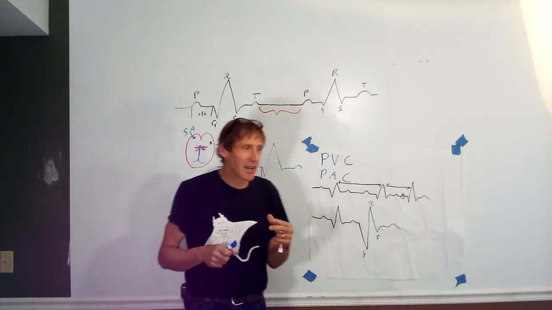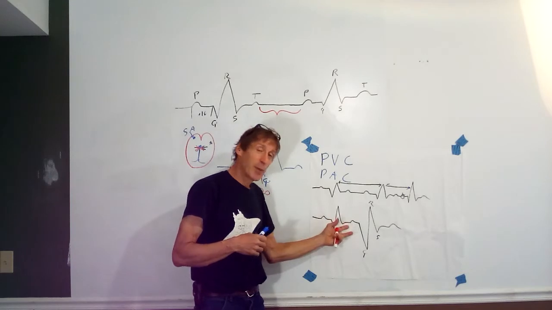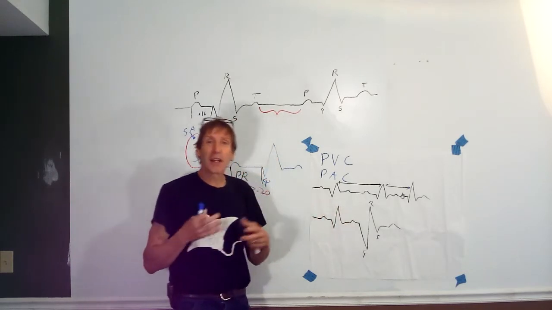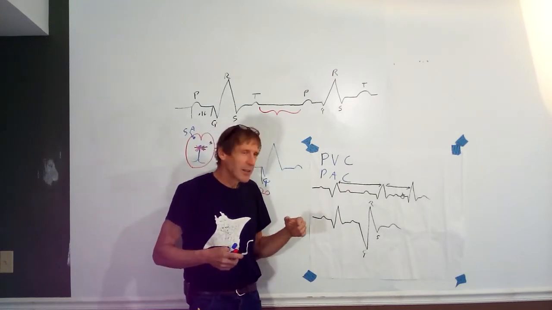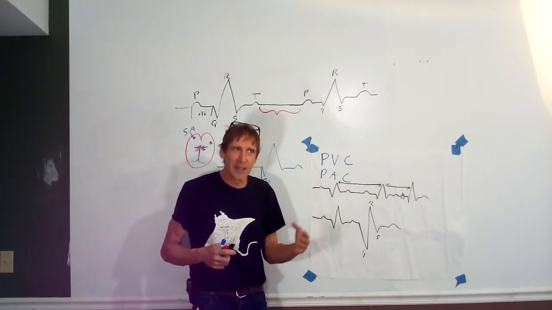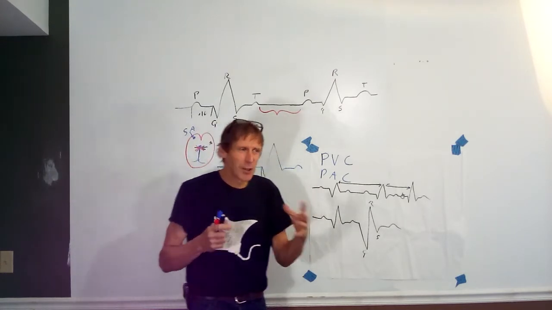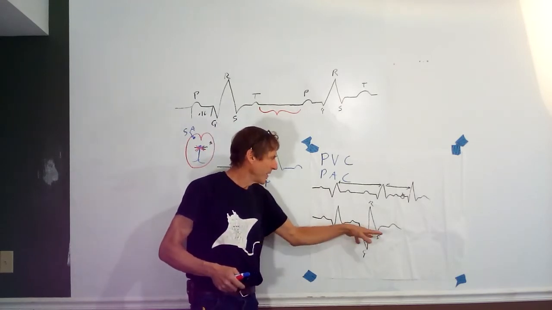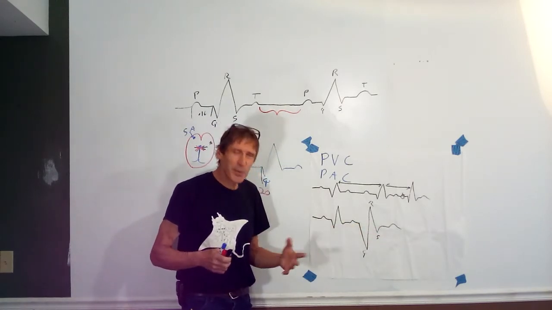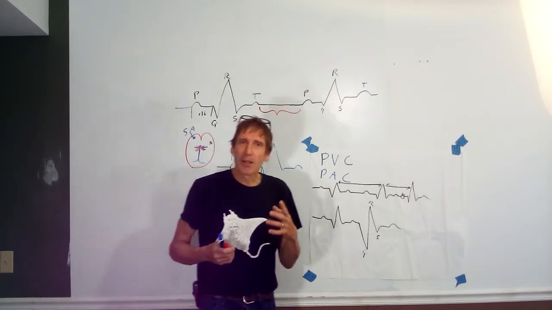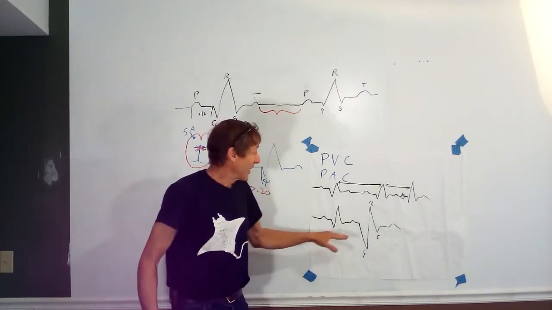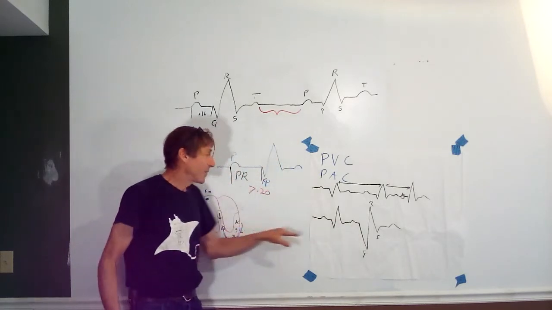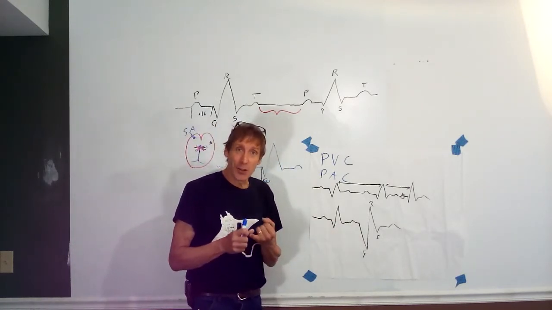Now, these, I'd like to think I'm responsible for many of these. PVCs, depending on how many you have, it probably varies depending on who your cardiologist is, but if you get more than like 3 a minute or 6 a minute, then they might be of clinical significance. Small numbers, just every once in a while, getting a PVC or PAC, they're not considered to have that much clinical significance, and they're very common in college-age students because this ectopic cell can fire due to things like stress,